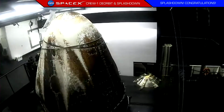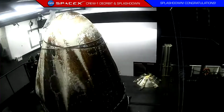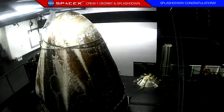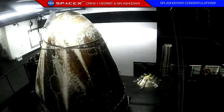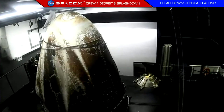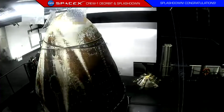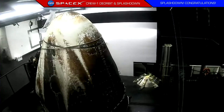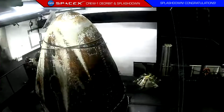Now the crew members will not ride this boat all the way back to shore. They will board a helicopter, and that helicopter will take them back to Pensacola, and waiting there will be a NASA plane to bring them back to Houston. Yeah, it's quite surreal that about 7 hours ago, this capsule was traveling at over...